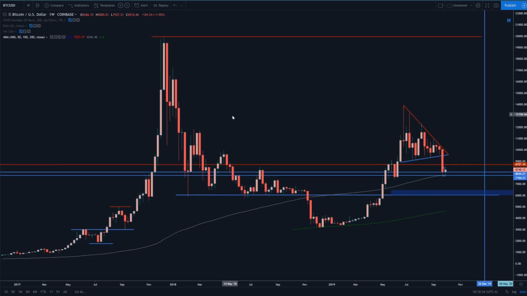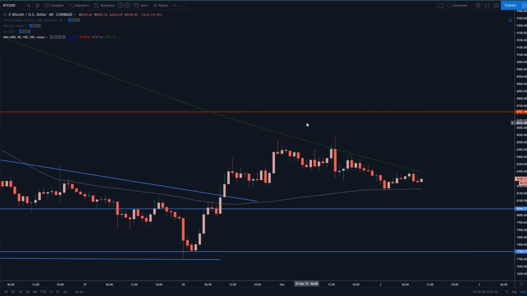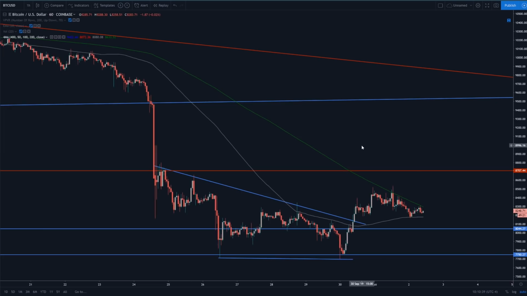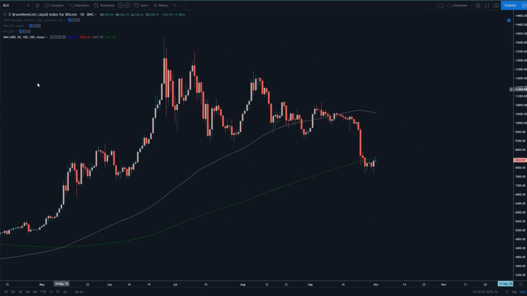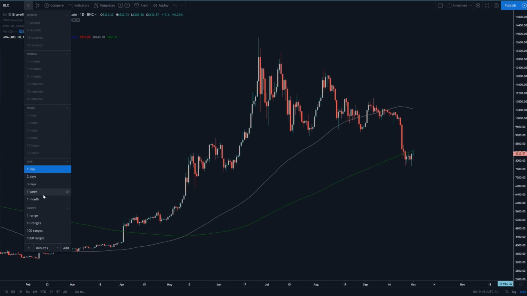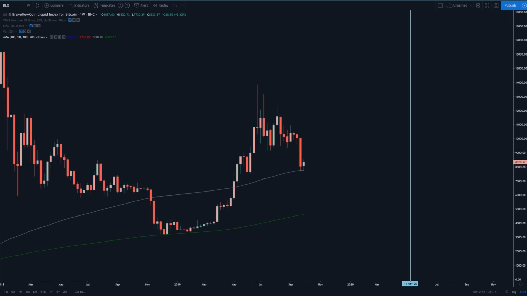Let's go ahead and dive on into the shorter term charts because I want to talk about what we were looking at yesterday. As you guys know, Bitcoin has fallen, obviously, and we've been trading down here around $8,000. And in yesterday's video, like I said, I outlined a couple of different scenarios where Bitcoin could either potentially bounce where it is now or fall all the way down to the 200 weekly simple moving average, down around $4,500, and bounce from there. In today's video, we're specifically going to be analyzing what happens if Bitcoin breaks the 100 weekly simple moving average, and what might transpire if that happens.